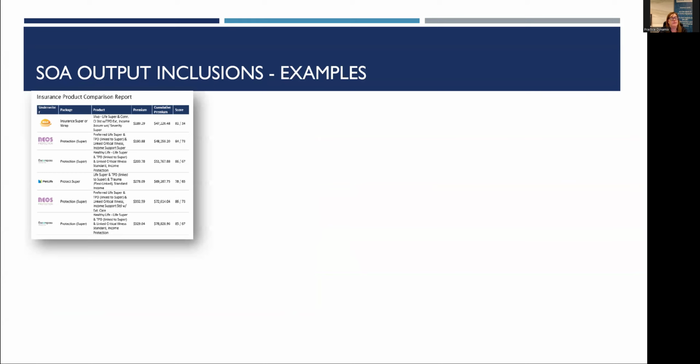So this one here is the insurance product comparison report that can come out the back of an SOA. It can also be generated from Risk Researcher. What we want to see with something like this is the ability to bring through the logos of the different providers, making it visually appealing by putting some color on the page. Then we're looking at the different premiums and cumulative premium in this instance, to look at how much over time. It highlights to the client the significant difference in how much insurance costs, but it also shows them